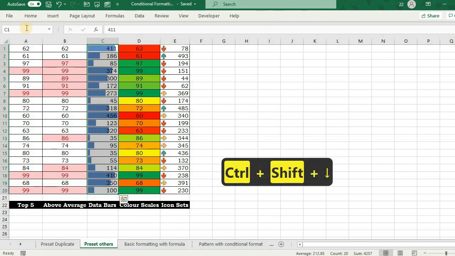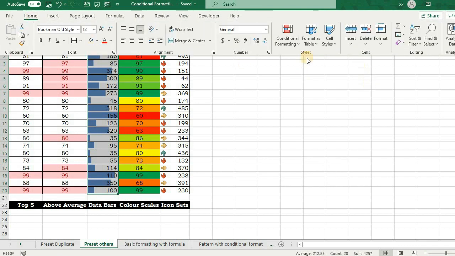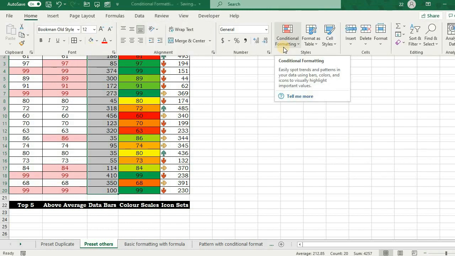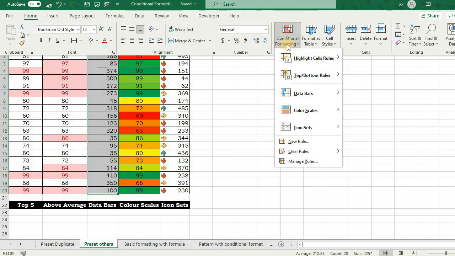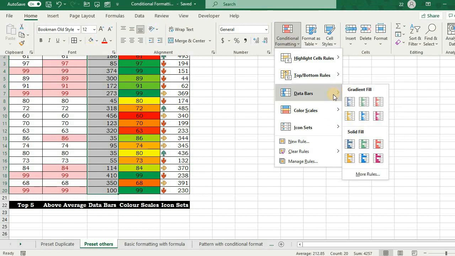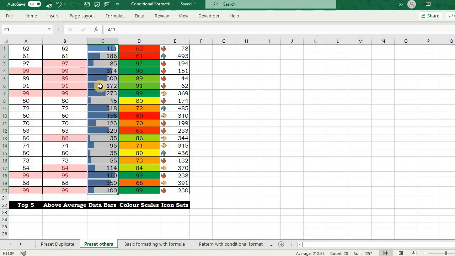Now comes the data bar conditional formatting. Like we will go to data bars and we can select anything and we can simply set the data bar here. I'm not manually editing anything. So the data bar for the value which is the largest is totally filled and others are proportionately filled. So you can see 456 is the maximum and accordingly 35 is highlighted like this.